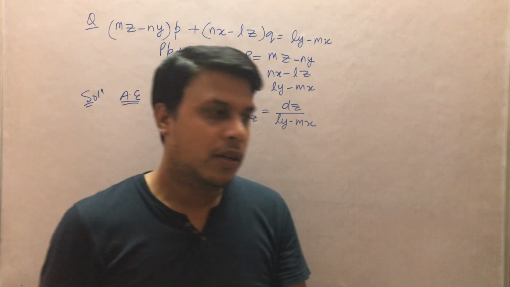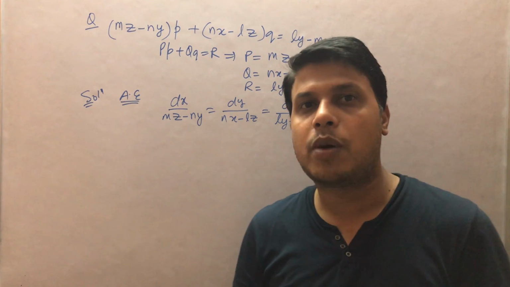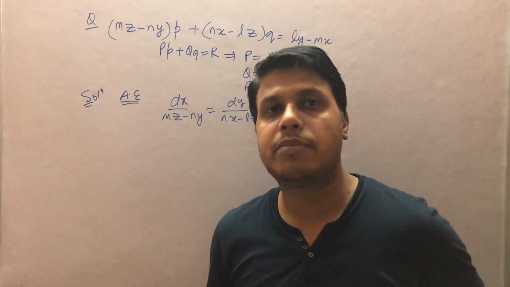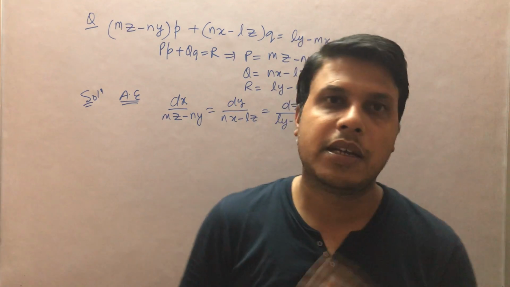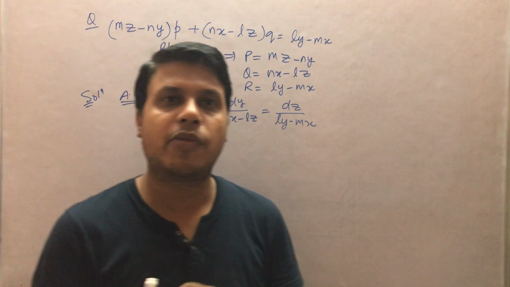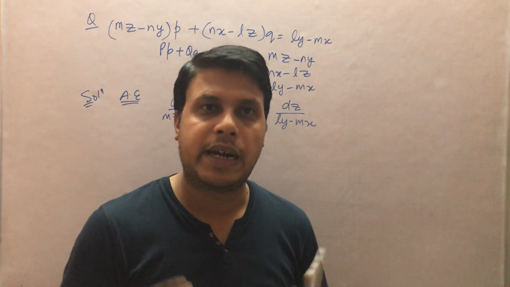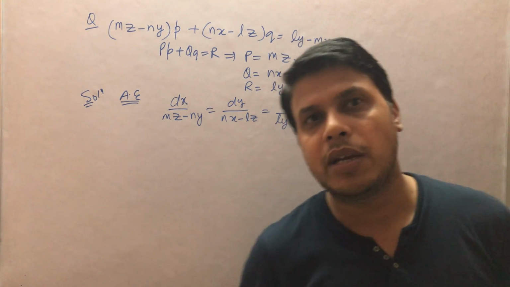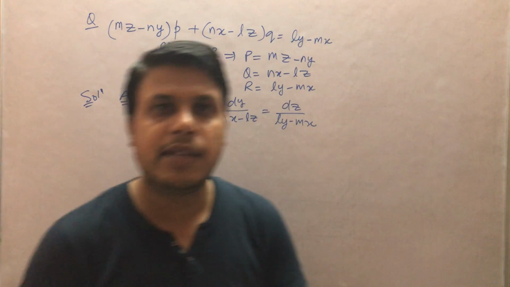Now, in the previous question, all the variables are in the form of multiplication, and we did the solution by the direct method. We are actually not supposed to multiply anything in the previous question because it was very easy to solve. But whenever you get the variables in the form of plus minus in the denominator side of the auxiliary equation, it is going to be a big headache for you. So that's why we have to multiply this equation by such a number so that we can have the 0 in the denominator, so that it can be easily integrable.